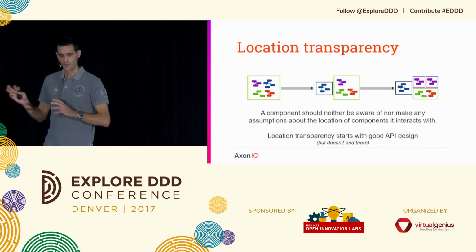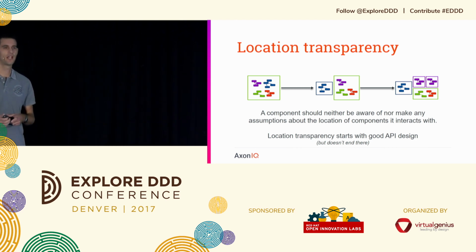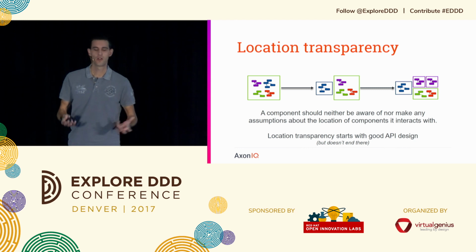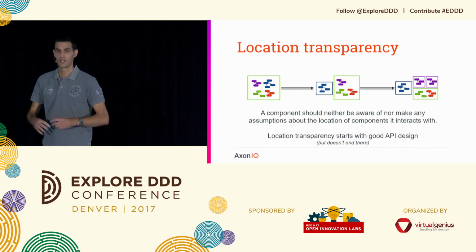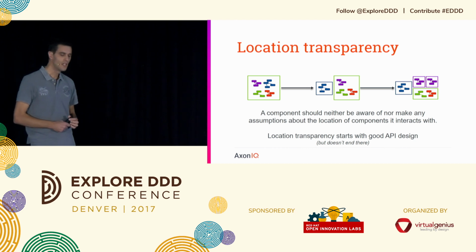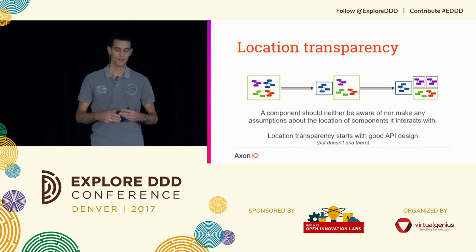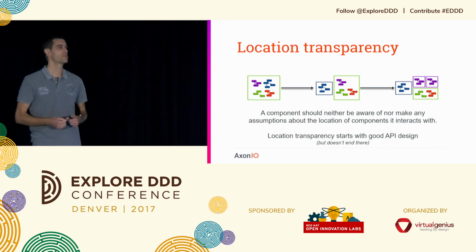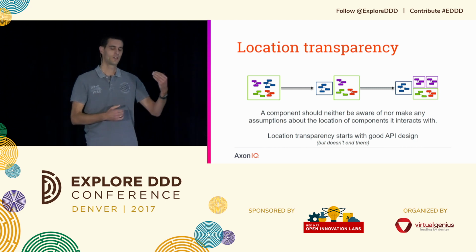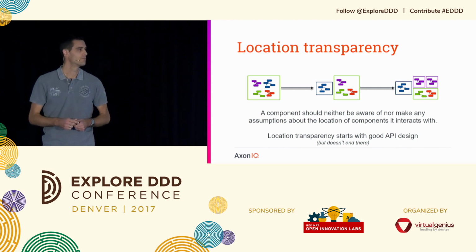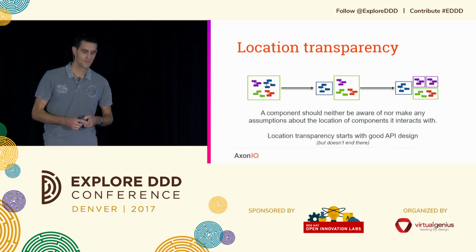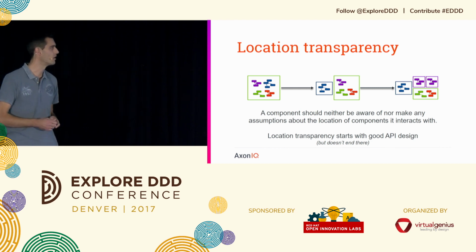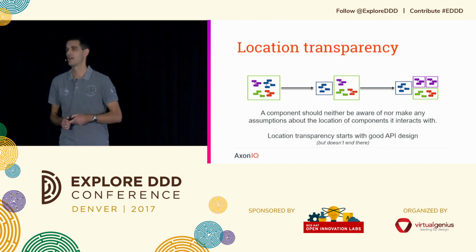One thing I've learned from this CQRS approach is the importance of location transparency. To be able to migrate from, let's say, a structured monolith into microservices, to evolve, each of those components in the monolith, or anywhere, wherever they are deployed, they should not be aware of their location compared to that of the component they're talking to, right? That is very easy to say, and it's very difficult to implement, but it's very easy to do wrong, because it starts with correct API design.